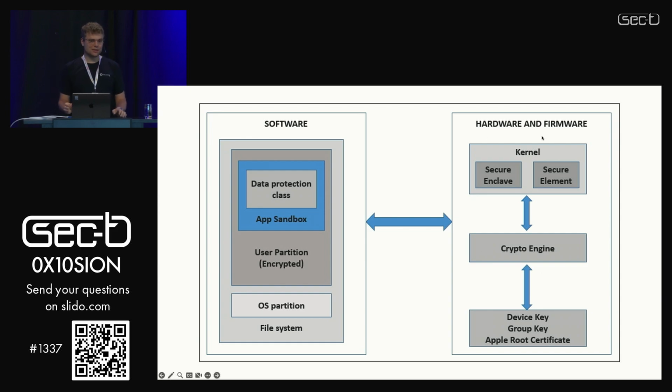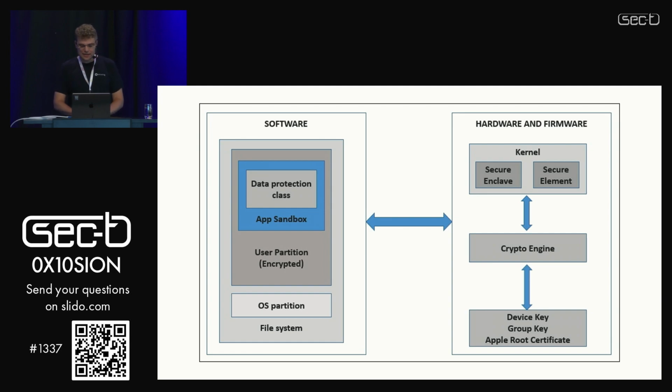So let's start from the hardware and firmware. We have a kernel. Now we know it's a hybrid kernel with Mach and BSD layer. And the kernel communicates with at least two different chips. The first one is Secure Enclave, which is a hardware-based key manager that's absolutely isolated from the main processor and provides an extra layer of security, of course, because crucial security operations are delegated to a separate coprocessor, right? So even if you get a kernel exploit, there's another chip you must exploit to perform some